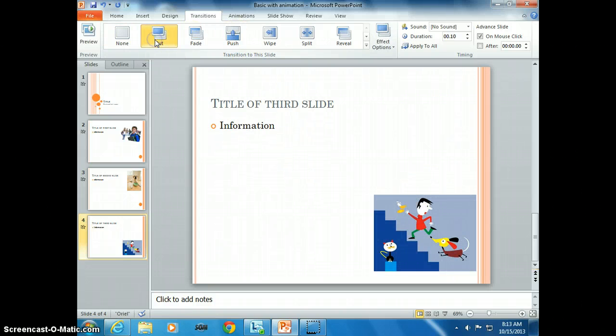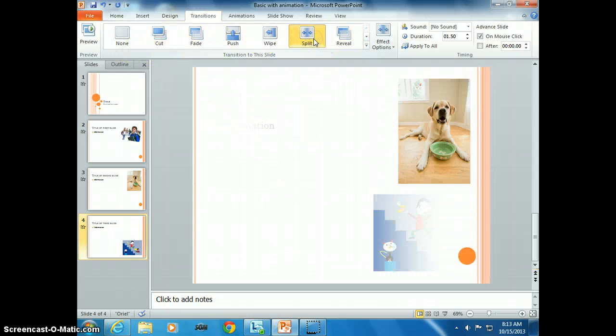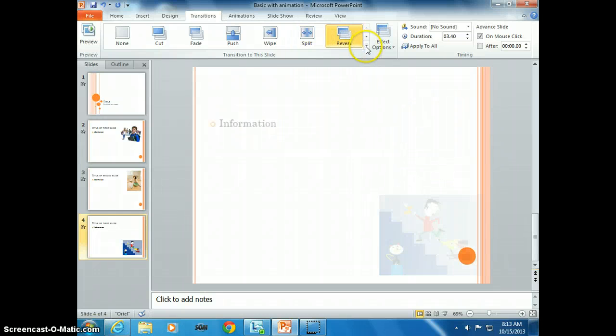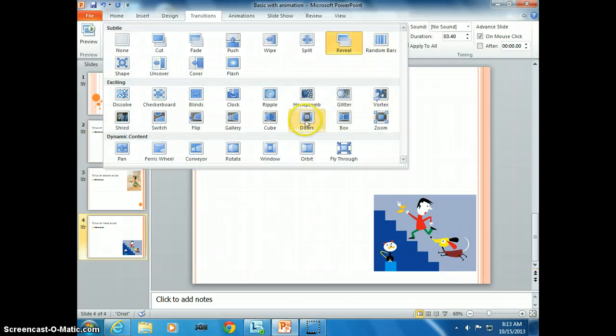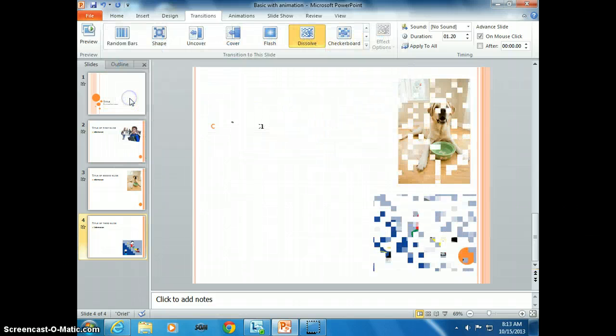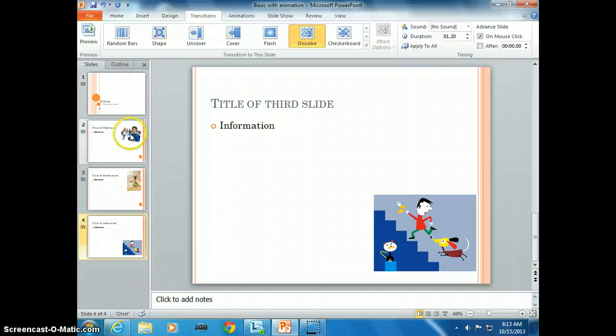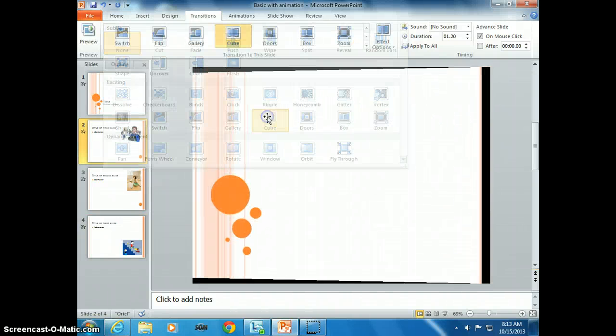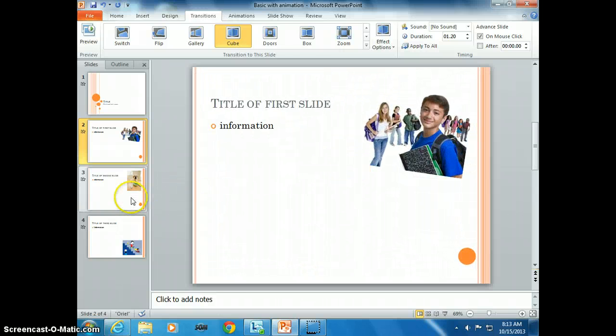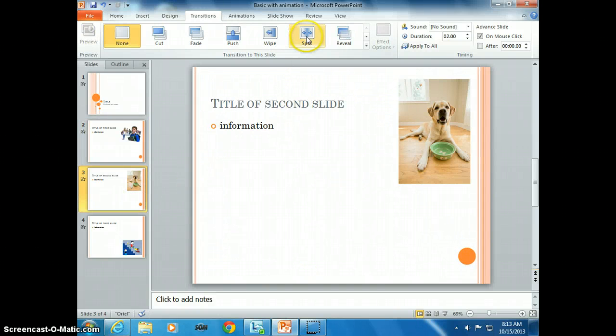Fade them in, cut them in, sorry there was a bug, split, reveal, and again this little thing means I can see all of my options. So sometimes I like this one. I don't know why. So that's that first slide. Let's do the next transition. Let's do a cube. Okay. Next transition, let's do,